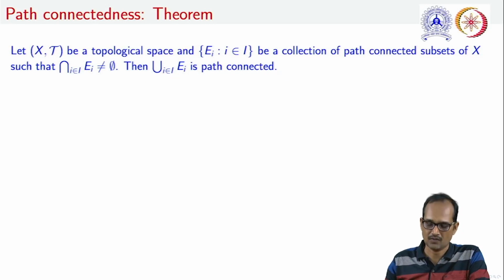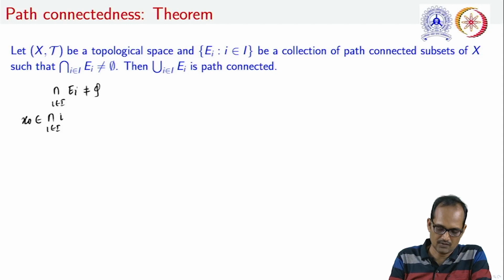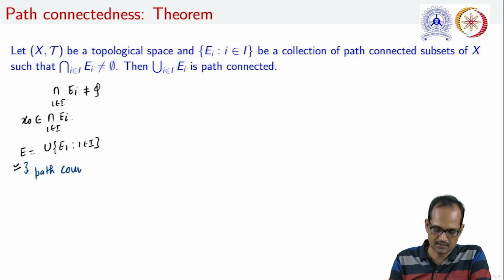path connected. In order to justify it, let us begin with: as this intersection over i belongs to I of E_i is non-empty, we can take an element in this one. Let us fix this element, that is x_0 belongs to this intersection. Also, let us take this union of E_i, i belongs to I, as a set E. Our motive is to show that this set is path connected, and if we want to show that this is path connected,